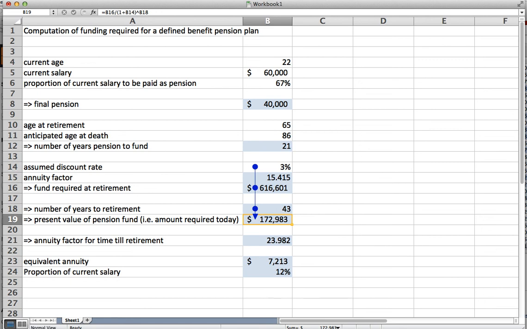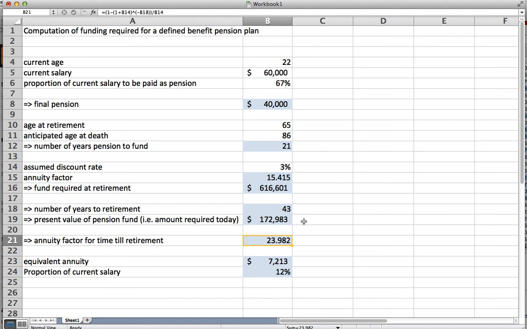Okay, so the employee probably doesn't have $173,000 today. What they have is a lifetime of earnings, or the next 43 years of earnings. So we can say, how much would they need to contribute every year for the next 43 years, which would be equivalent to having a pension fund of